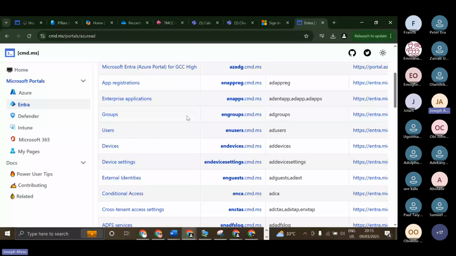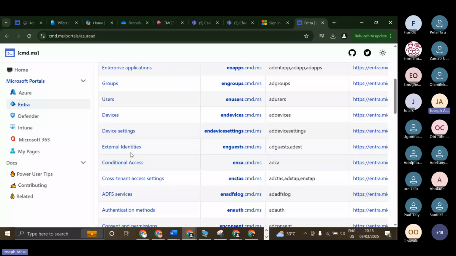If you want to go to groups directly, you can use this link, engroup.cmd.ms, or just click on this. Then if you want to go to users directly, you can just click on users. For devices, you can just go straight. So ADFS, legacy,